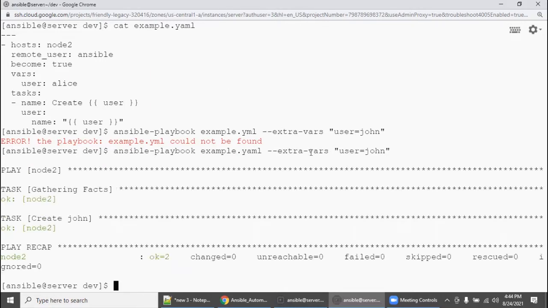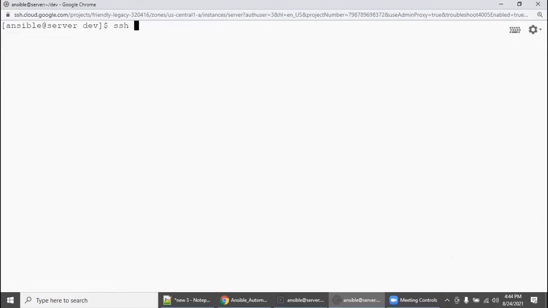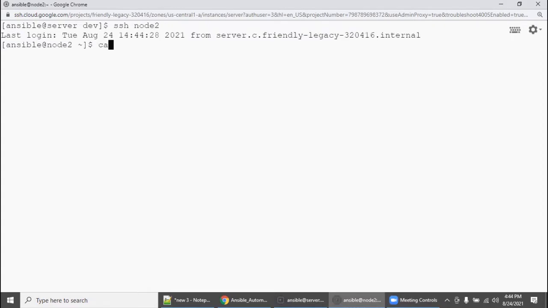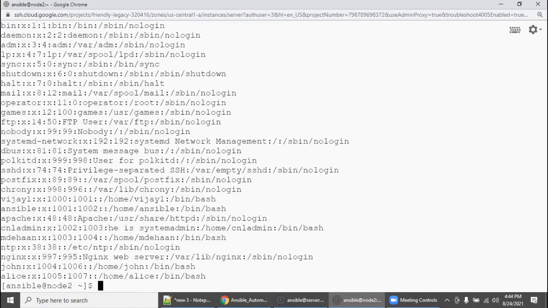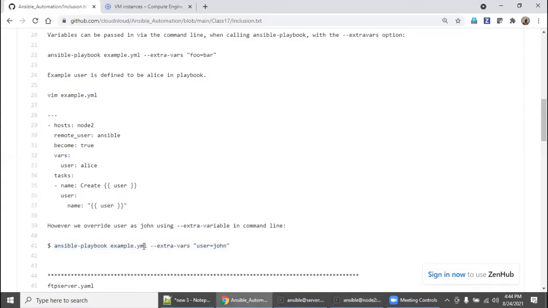So the user will be changed and John will be created. Let's SSH to node 2 and run cat /etc/passwd, so that you can see John. If you don't give this value and execute only this, then alias will be created in the first place, correct?